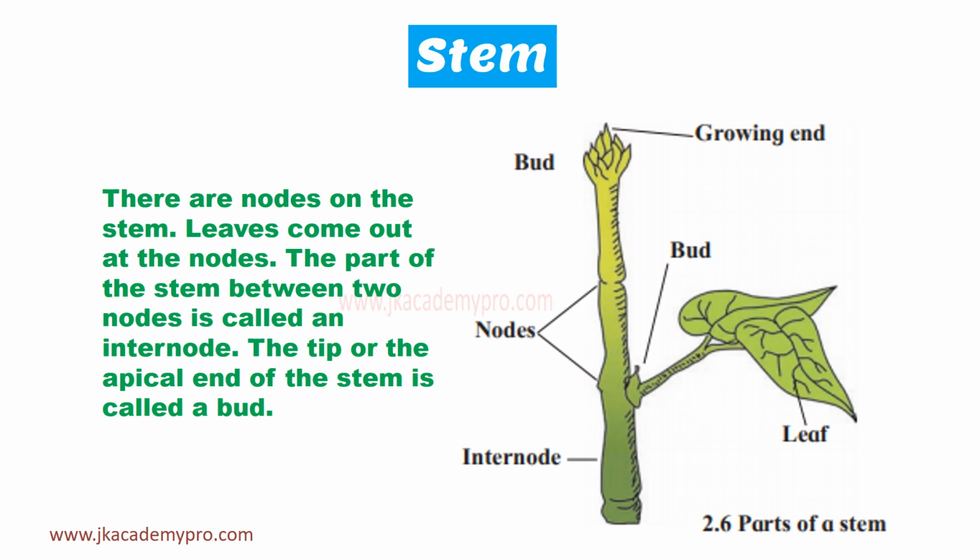Now, look at the picture given alongside. You will notice the part marked as nodes. Now, these are little tiny knot-like structures which grow, and from this part, leaves will grow. Now, these nodes will grow at a little distance from each other, and the space between two nodes is called the internode. And we have the top, that is the tip of the plant. So, that is called the apical end, and it is also called the apical bud, which will further grow and the plant will become bigger and bigger.